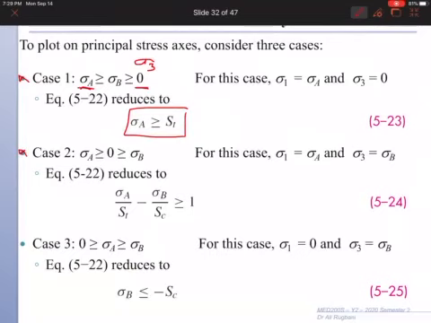In case 2, you need to use both, because you have positive stress and negative stress. So you have tension and you have compression. You need to compare both tension stress with tensile strength, and compression stress with compression strength. In case 3, we don't have tension. Here both stresses are negative. So we only use the smallest stress, which is the largest negative value here. There's no need to compare